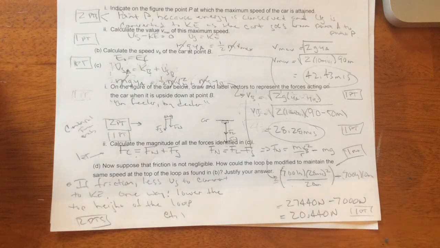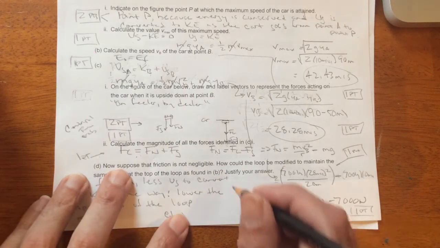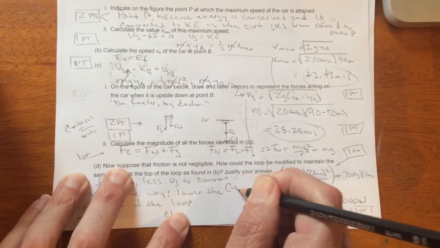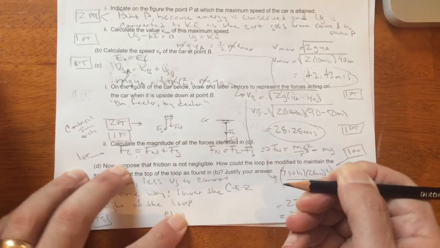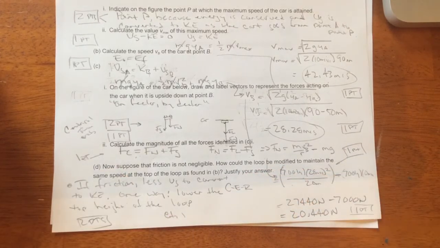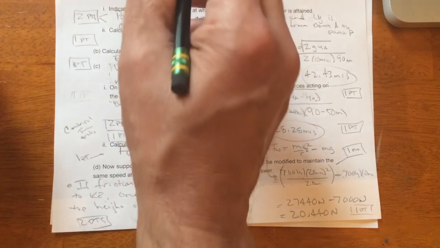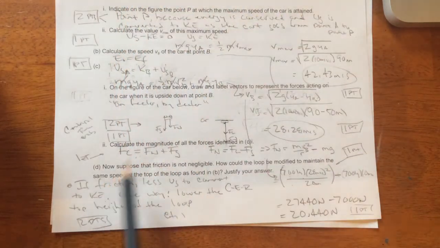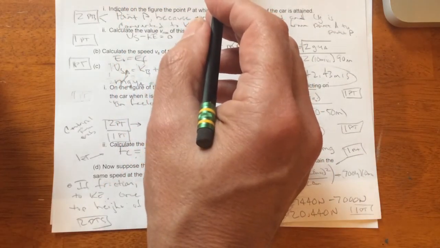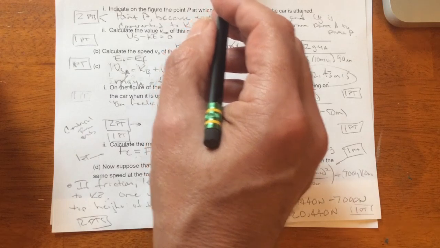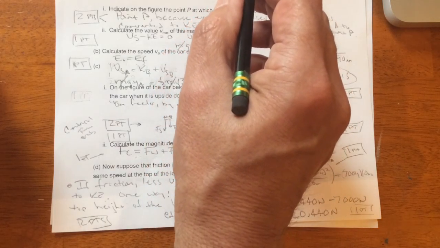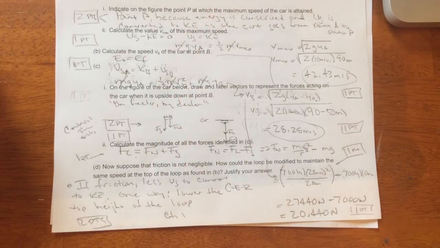That's not a justification, right? You have to lay it out. Claim, evidence, reasoning. So you could approach it: if friction, you have less gravitational potential to convert to kinetic, or that I did it from point A, I should have said. You're going to lose kinetic energy to friction, and you're not going to have as much to get the height of